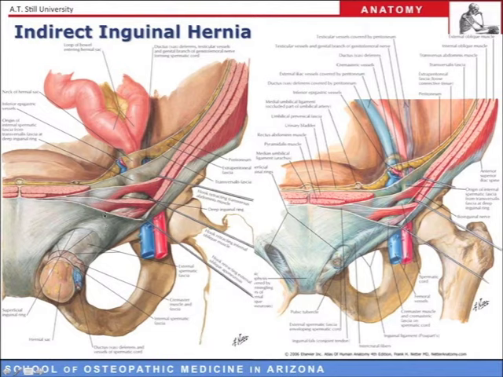And recall that the indirect inguinal hernia exits the abdomen lateral to these guys right here, the inferior epigastric arteries. So it's exiting lateral to that. It's passing through that deep inguinal ring, through the inguinal canal, and if it herniates far enough, it can pass all the way through the superficial inguinal ring here, which has been enlarged to allow for the passage of the hernial sac. And so if this herniates far enough, it can end up in the scrotum.